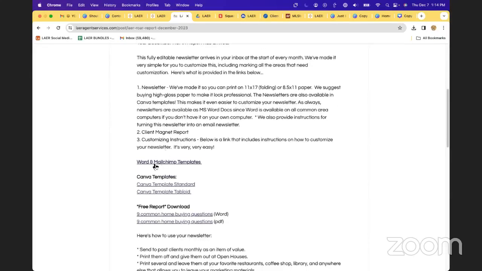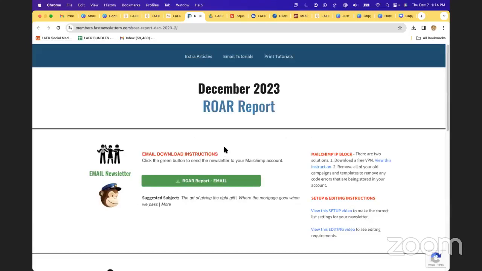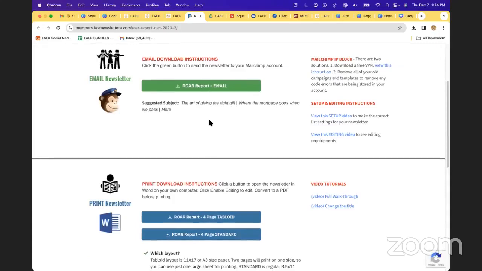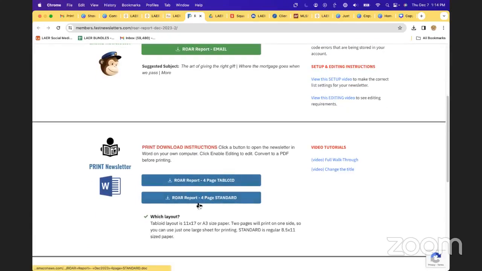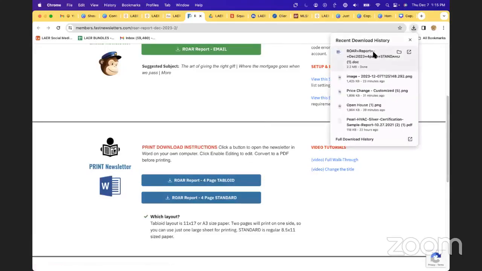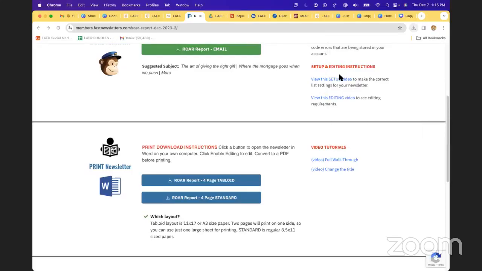So if you click on this first link, that's Word and MailChimp, our ROAR report is available both in Word format and Canva templates. So the Word format you can find easily here. Just click on both. We have two sizes. The standard size, which prints out on 8.5 by 11, or a tabloid size that prints out on 11 by 17. This opens up in Microsoft Word,